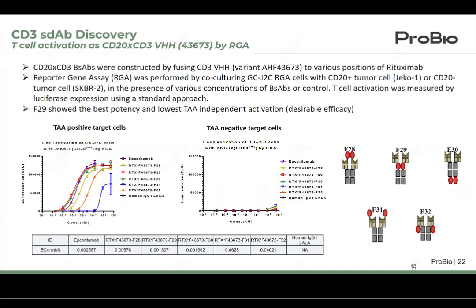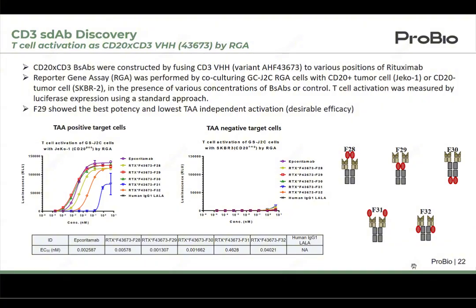All right, so far we have seen the profiling data for the CD3 VHH monoclonal antibodies. And the next step, we're moving on to the bispecific by fusing this CD3 VHH to the CD20 TAA monoclonal antibodies. As I mentioned previously, the majority of the T-cell engagers utilize the monovalent versions. But here, in this case study, we